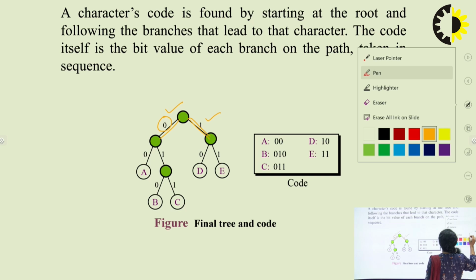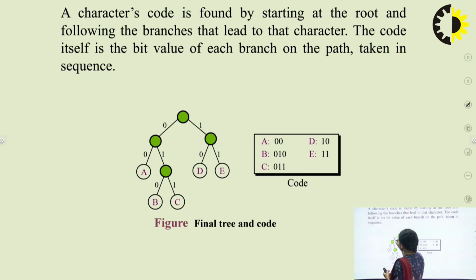In that case, we ultimately have a structure something like this. Since it is left, we have 0. Since it is right, we have 1. Now again come to the left subtree. This is left, so we have a 0. This is right, we have a 1. This node doesn't have any left subtree, so we're not bothering with that. Now come here, this is the left subtree, so we number it with 0. This is the right subtree, so the right edge is numbered with 1. Similarly for the other right subtree, the edge corresponding to the left subtree is numbered 0, and the right part is numbered 1.